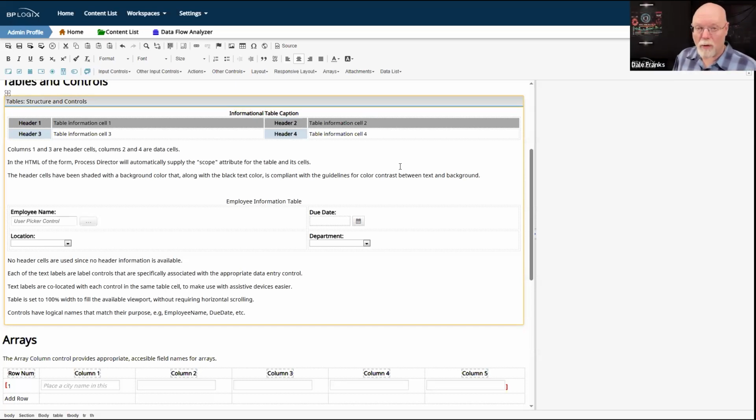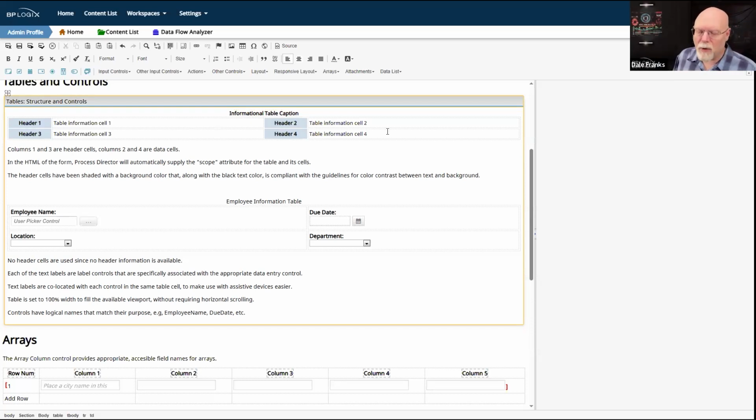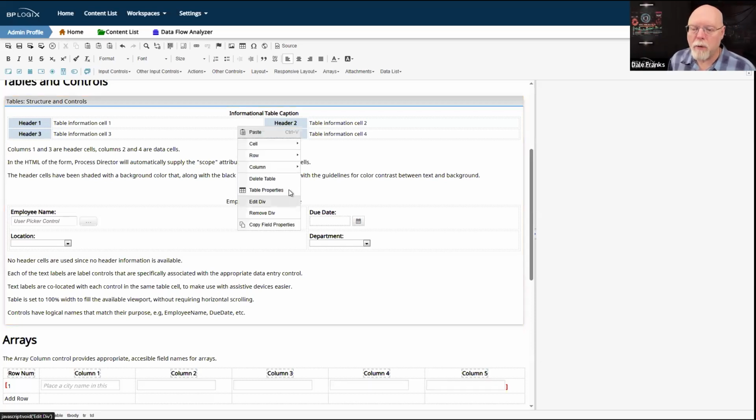So your first row would be where all of your headers were. So those are details. Those aren't important. We will talk about those details later. But in this case, I've got my labels on these two columns, and I've got information in this column. It's hard-coded, but the principle would be the same if I was grabbing this out of a database to display as well. We have to go into our table properties.